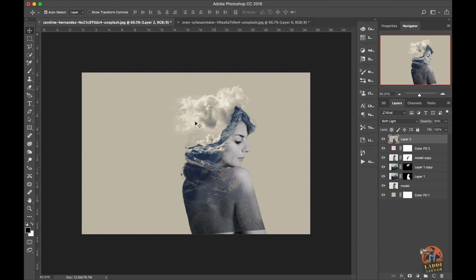Now we have to crop this area, so now I'll crop it from here, and that's it.